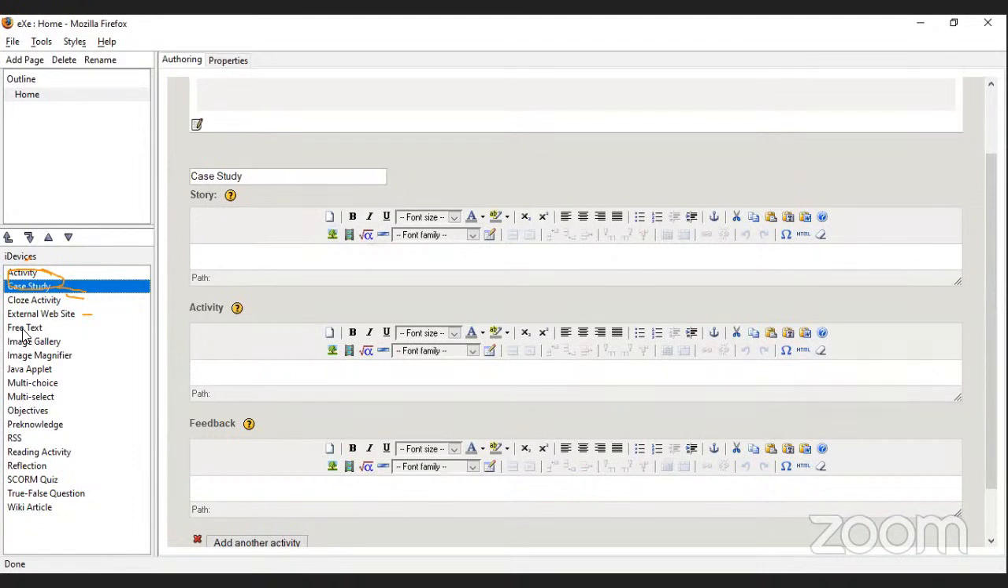WYSIWYG. That is, what you see is what you get editor. The moment you enter the text in that section of free text, then you'll be able to see what exactly the students will be able to see at their end. Then we have the image gallery. Whenever you want to add a specific image, this image can be on a computer, the image can be from the internet. So if we're to add an image, that's what we use for us to be able to add an image. And all these, so many others, there's a SCORM quiz, objectives, pre-knowledge, RSS, reading activity, reflection, week article,